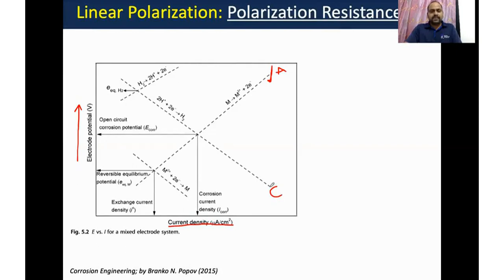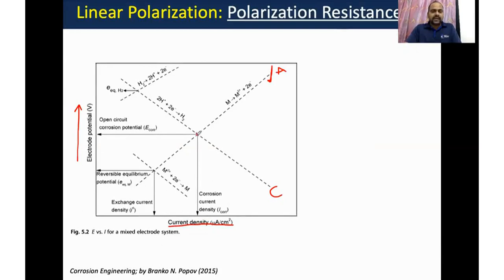What is happening here is M converting to M plus n electrons, and this is the reverse reaction. Here the metal ion is attached with the electron. So this is the other way around, the reverse equilibrium potential, and this current is also known as the exchange current